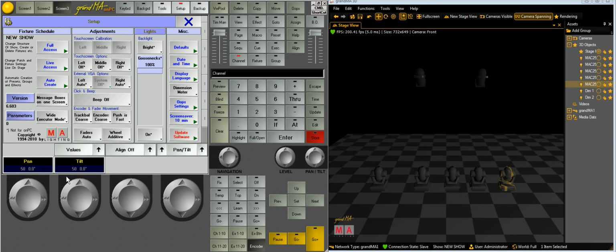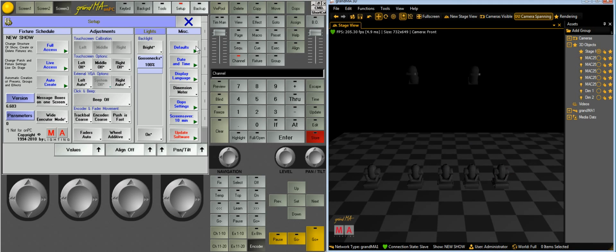But if you're running a desk and you don't have 3D running, then you shouldn't be grabbing fixtures, or you won't be able to grab fixtures from 3D if it's not running. So the best way of learning things is to learn them the right way first and then get lazy later. Cool. Alright, so what I'm going to do here is add groups for all these fixtures, and